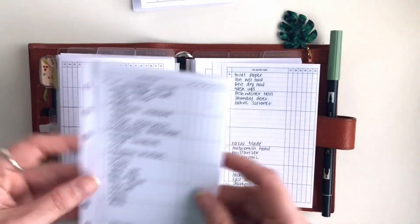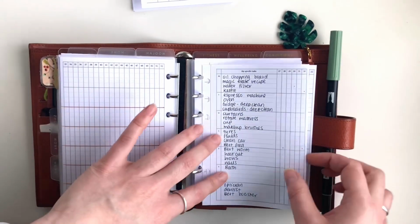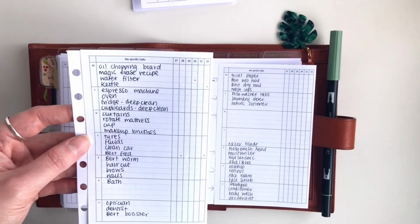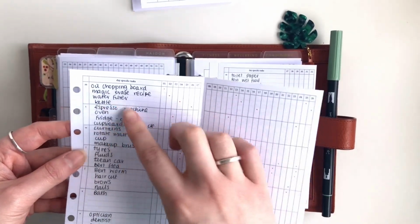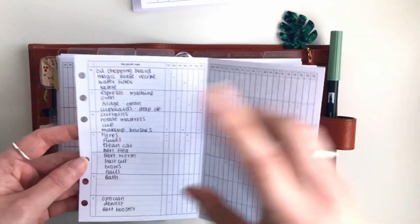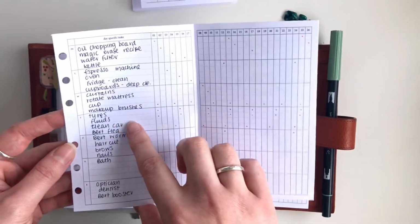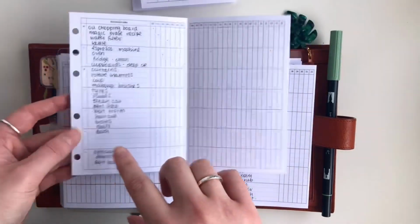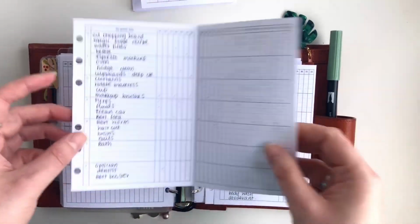The change comes in the two ones that I used to use the reoccurring tasks sheet for, and they are more sporadic cleaning things. So like oiling our chopping boards, cleaning the water filter, descaling the kettle, rotating the mattress, and also things that are more adulting type stuff. So like checking my tyres and the fluids, cleaning my car, getting Burnt wormed and flea'd, having a haircut, getting my brows done, getting my nails done, and making sure that I have a relaxing bath. Things like those, I basically